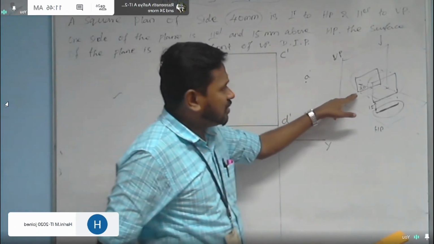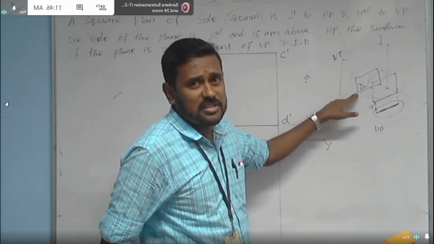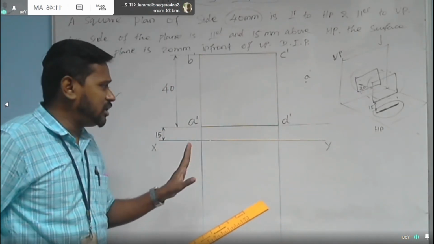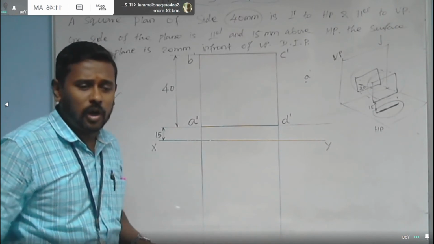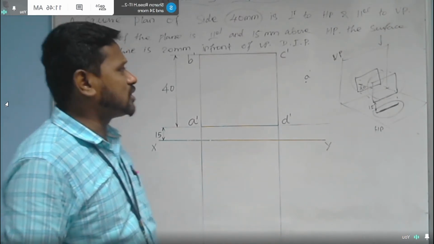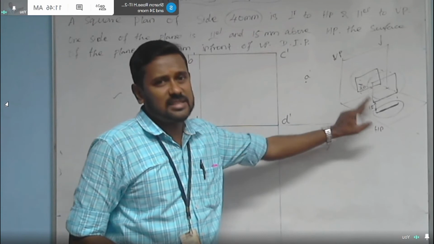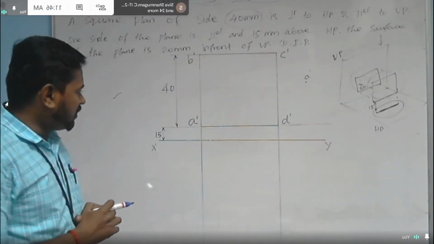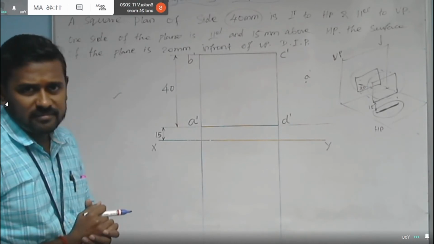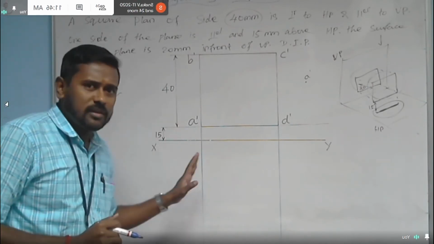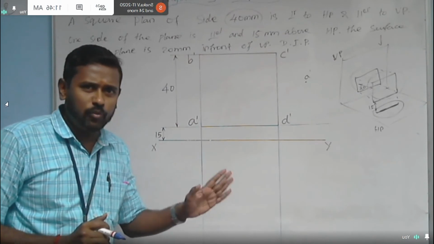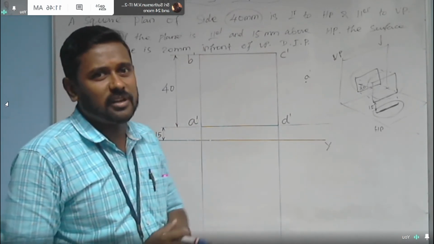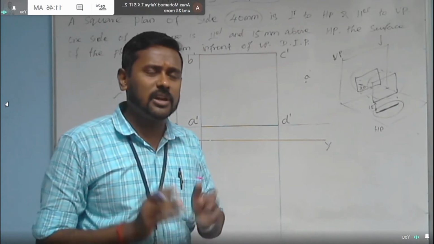See, what we obtained in our imagination as the front view, we have drawn that in real also. Now we need to draw the top view. What is the top view here? Actually, in this question the top view will be a straight line only. That straight line should be drawn, and where? Surely below XY, because it is the top view and we are proceeding with first angle projection, that is, the object is placed above HP and in front of VP. So definitely the top view will be obtained below the XY line.